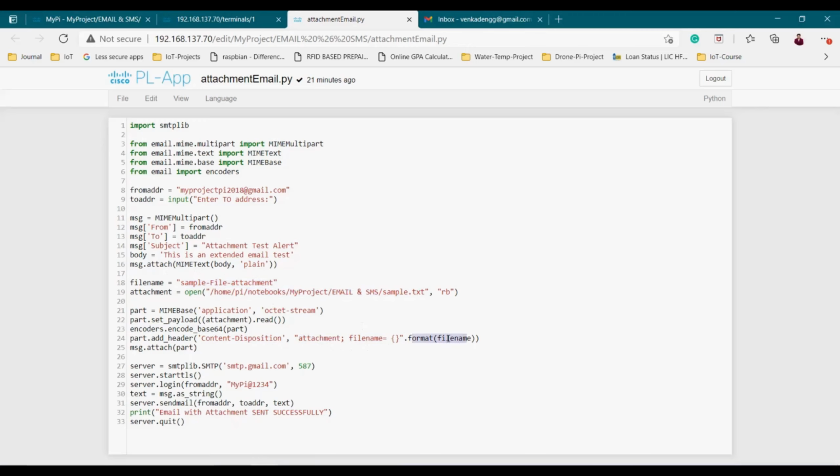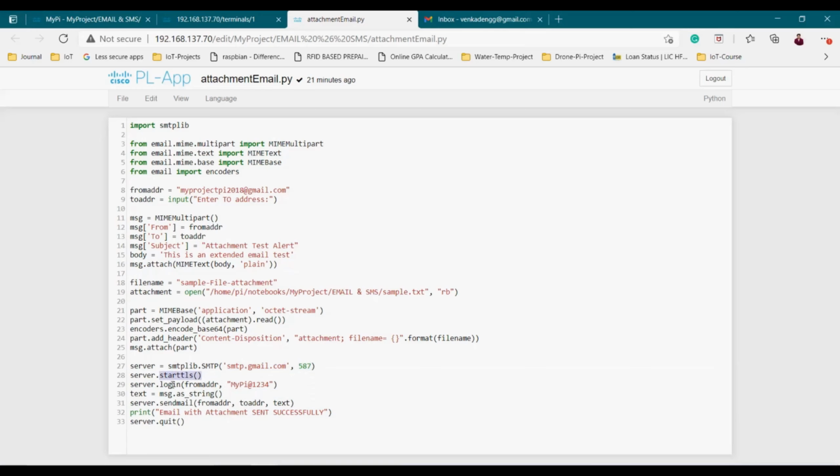So here I have given that filename variable. And here, by using the message object which we have created for the MIMEMultipart, I am attaching this part. And this portion is for establishing the link with the server. Server is my object, initialized with smtplib.SMTP of the domain smtp.gmail.com, followed by the port. And here we start establishing the connection, starttls, a secure way of connection establishment.